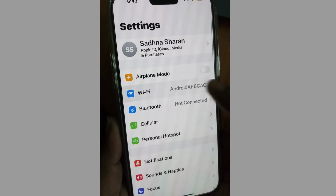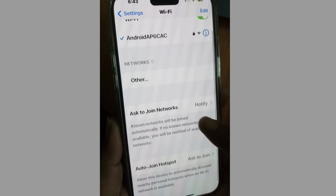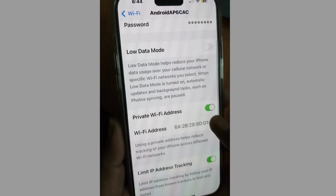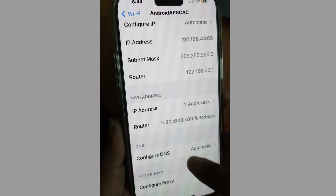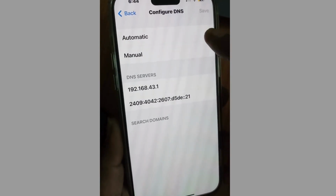Tap on settings, go to your Wi-Fi and tap on your Wi-Fi connection. Scroll down and disable low data mode first. Thereafter scroll down and go to DNS settings,